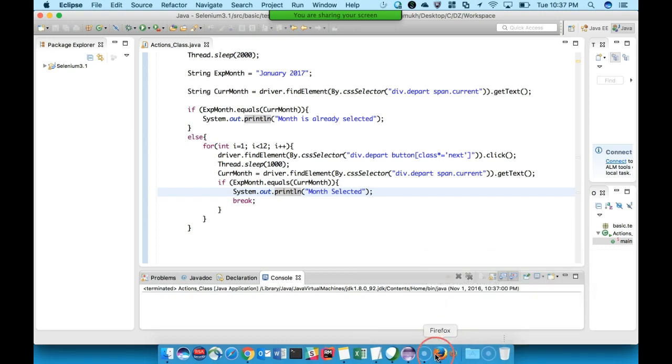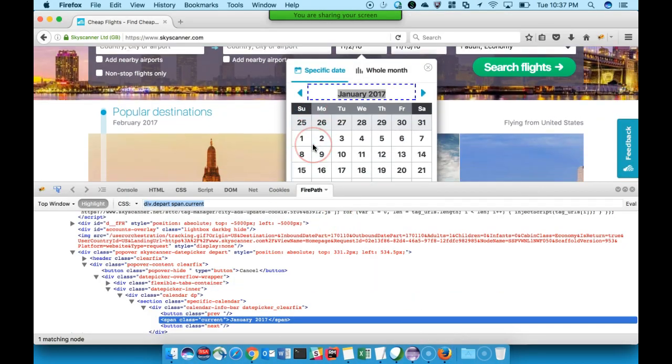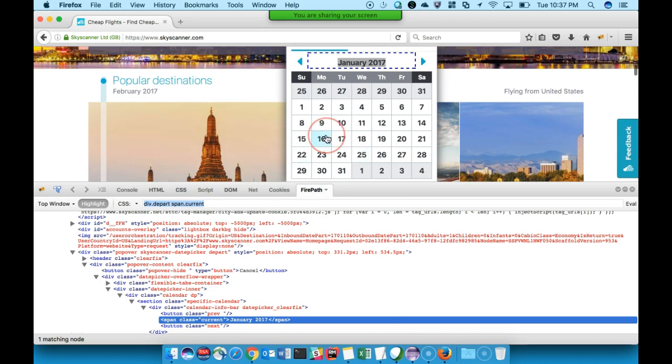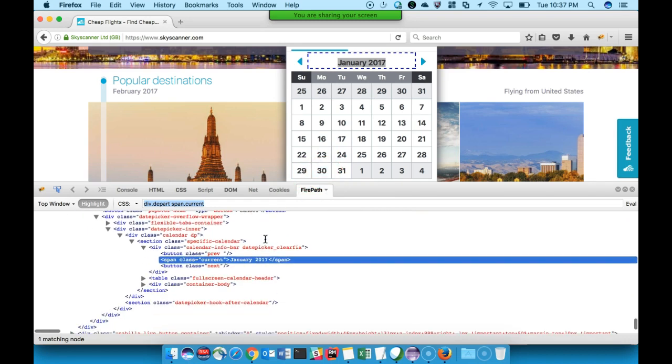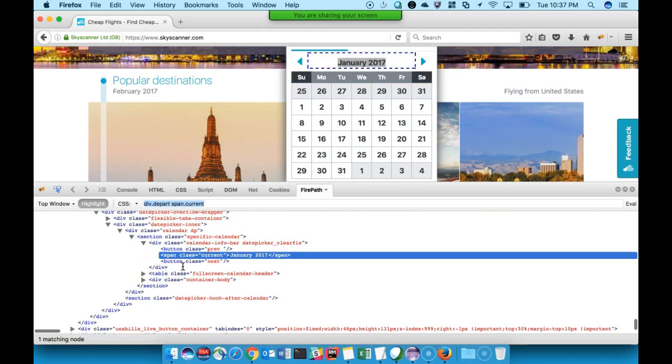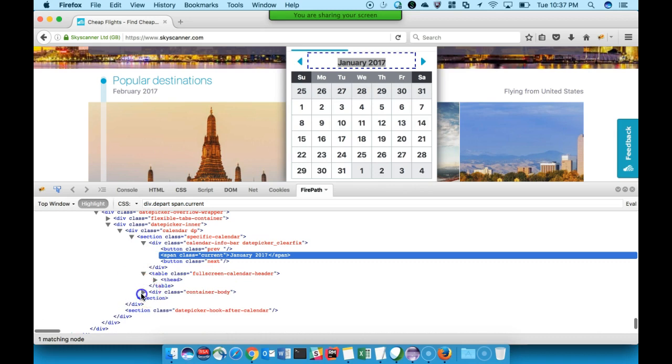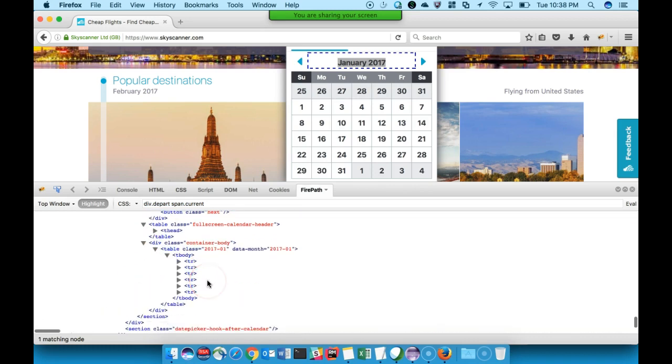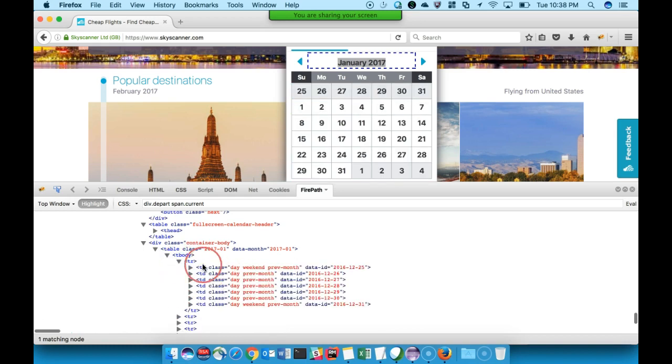After it selects the month, next part is to select a specific date. So for this particular example, let us try to select the date as 30th of January 2017. And as we saw in the table and table body, if you go, there are different rows, and inside rows there are different table data from which we are going to retrieve.